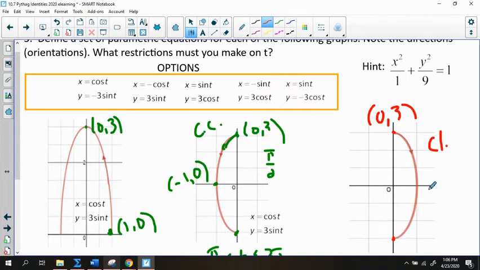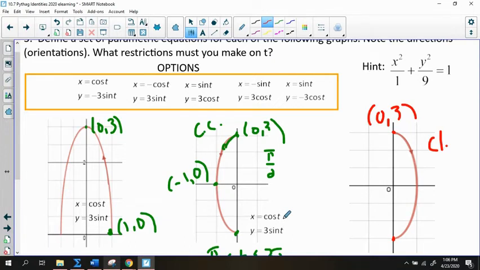So if I want to start at 0, 3, I know that this one gave me 0, 3, but that took me, I had to do pi over 2, and that took me in the other direction. So if I just left this one and started this function at 0, I get 0, 3. And then if I went to pi over 2, so if I put pi over 2 in for this one,